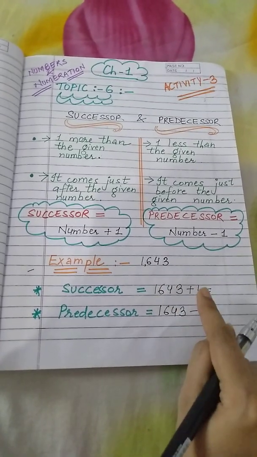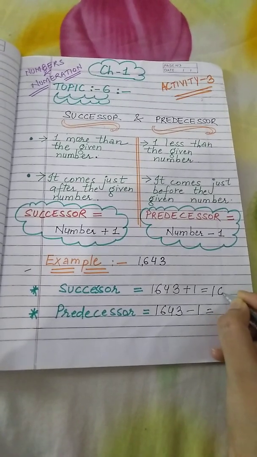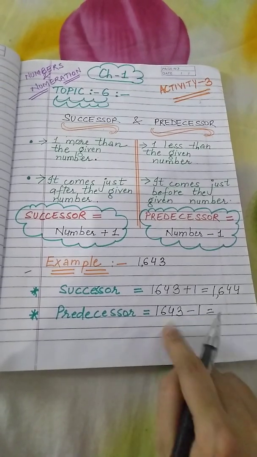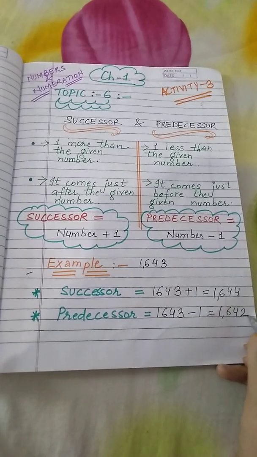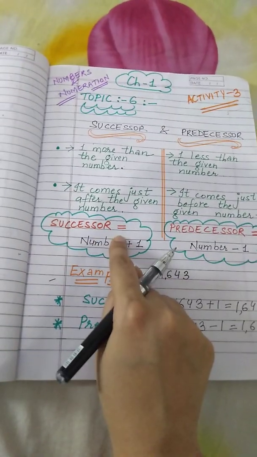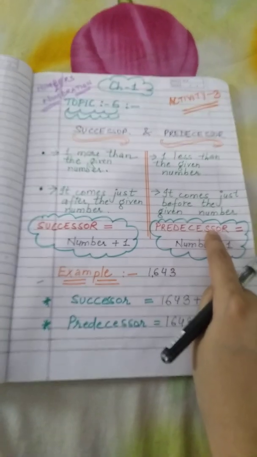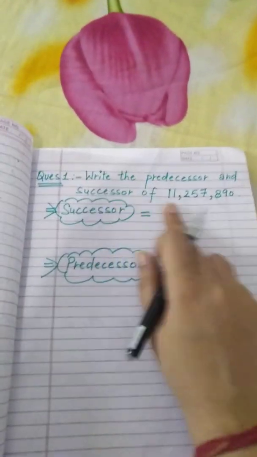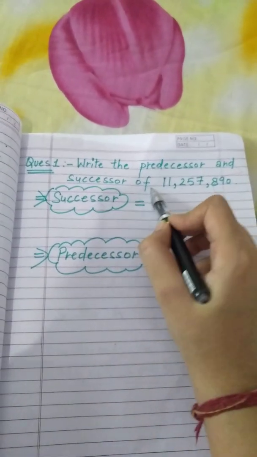So after adding 1 to 1643, we will get 1644. And after subtracting 1 from this number, we will get 1642. This is how we can calculate successor and predecessor. Just remember the formula that for successor you have to add 1 to the given number, and for predecessor you have to subtract 1 from that number. So here is the question. The question is, write the predecessor and successor of